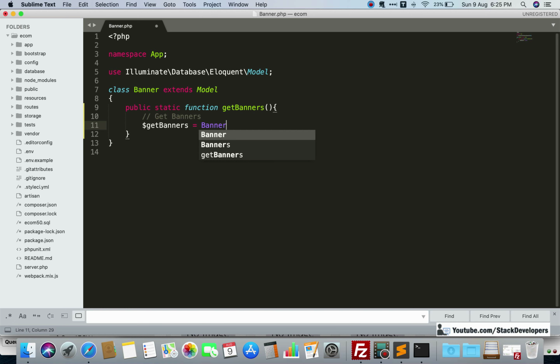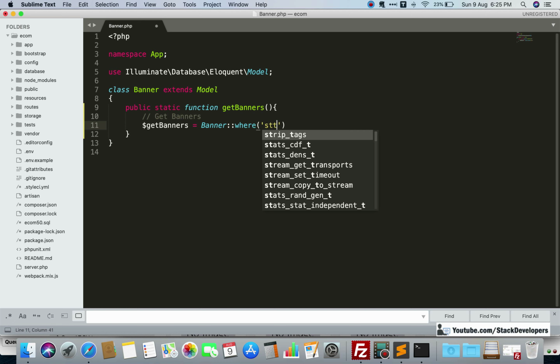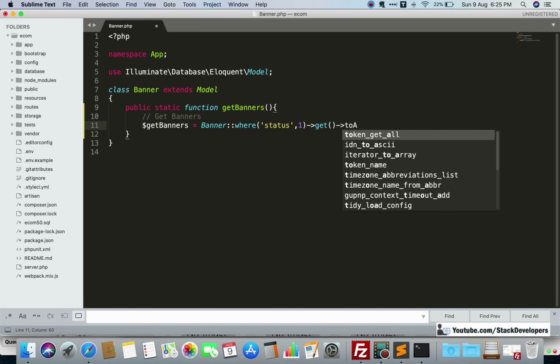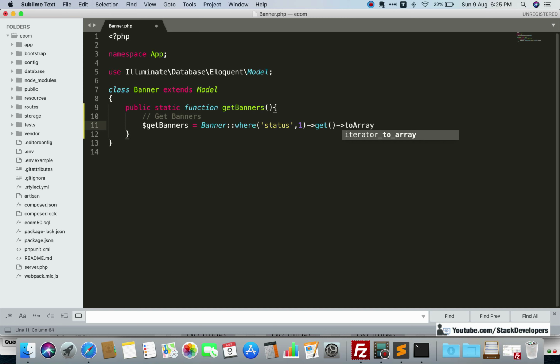Here we will use the banner model, and we will get all the banners whose status is 1. So we will show the active banners only, that's why we are using status as 1, and we will use get as we are going to get all the banners. Even if it is 2, 3, 4, we don't know how many banners the client has added, so we will get all the banners. Along with get, one more thing we will add here: toArray. We will convert the result to array.